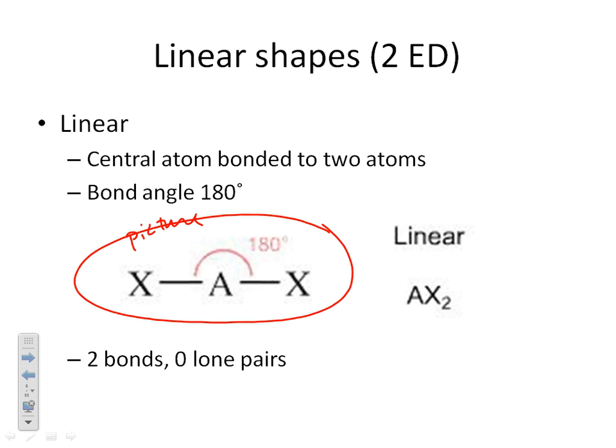Number of electron domains, if you look on the left-hand column underneath where it says linear, well, this has 2 electron domains, so that's what you're filling in there. Now, the bond angle for the linear shape, 180 degrees, because you have 2 electron domains, the farthest apart they can be from one another is 180 degrees. The general formula, meaning what types of compounds have the pattern that will be this linear shape, well, this is our general formula right here,